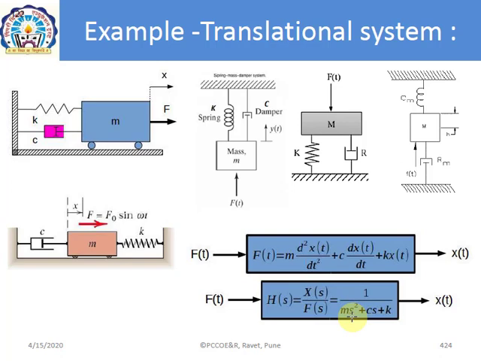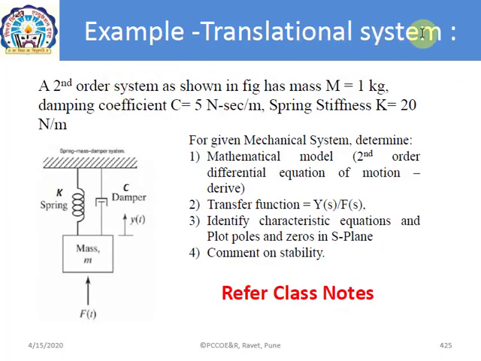Let us start with the first numerical for a translational system. Once you understand the translational system, there should not be any difficulty in applying the knowledge to any system, whether it is rotational or in other forms, whether it is a 2 degree of freedom system or a single degree of freedom system. Just try to understand the way we are solving. So for that we have taken a simple numerical. So let's start with the first numerical, a numerical on a translational system.